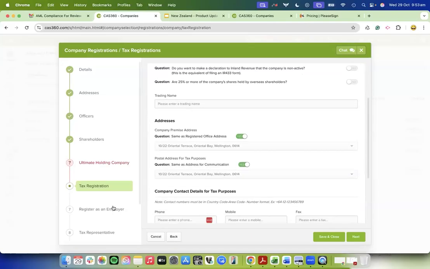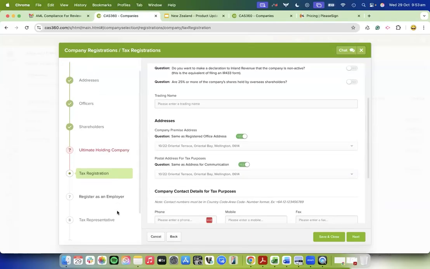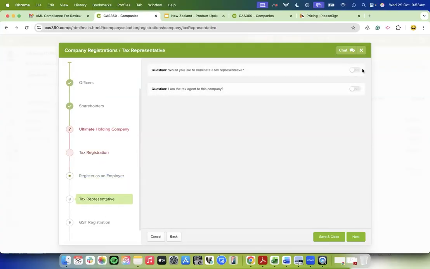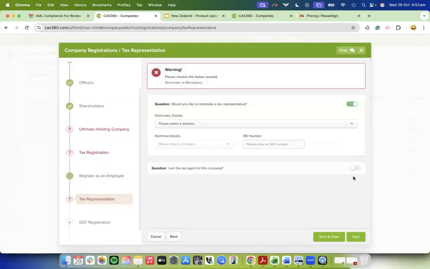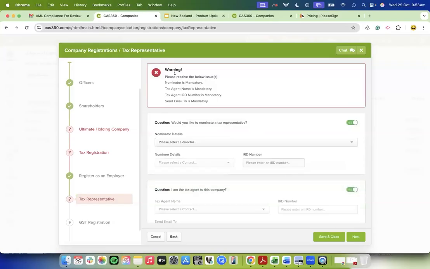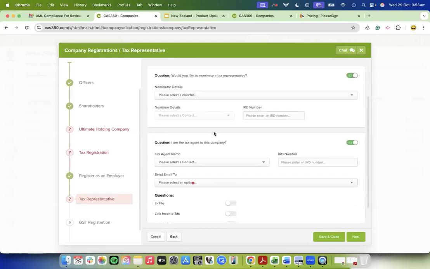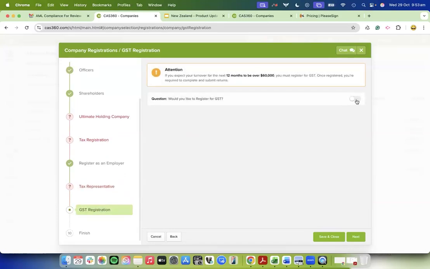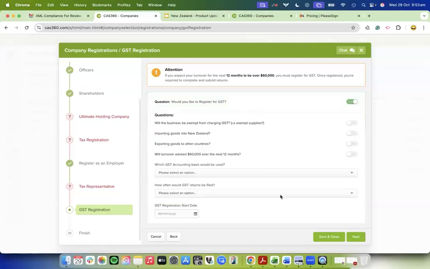So that's your registration process. Then you've got your register as an employer, your tax representative process, and so on. Very similar to what you would do on the Companies Office website. It's just that CAS 360 will show you the mandatory fields to make sure all your data is correct before you file the registration. Similarly with your GST registration as well, you can toggle it on and then add in